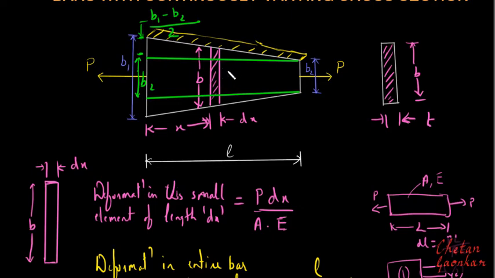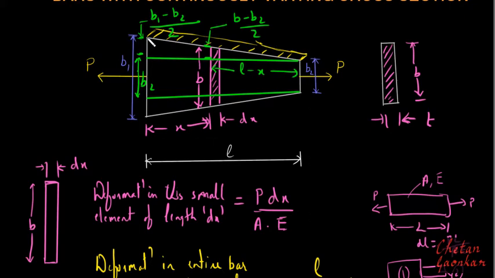And similarly, if I want to find this height from here to here, it will be on a similar basis. It will be b, from here to here, minus b2, divided by 2. So this term will be (b minus b2) divided by 2, and from here to here it is L, whereas from here to here it is x. Therefore this distance from here to here will be L minus x.